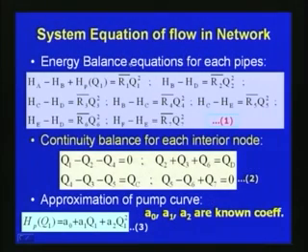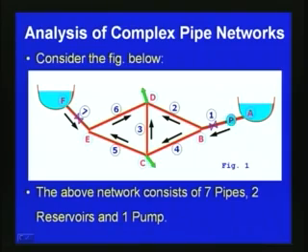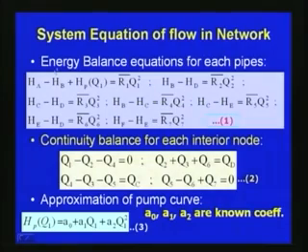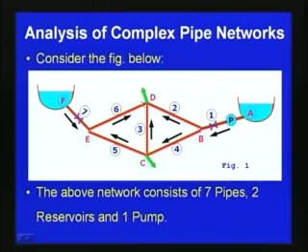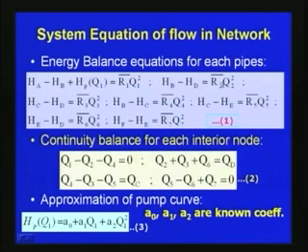Now, for each junction or each node, and for each pipe, we can write the energy balance equations. If we consider A and B, between A to B we can write HA minus HB plus HP of Q1 is equal to R1 bar Q1 square. So, that is the energy balance equation between A and B. Similarly between B and D, we can write HB minus HD is equal to R2 bar Q2 square, and similarly between C and D, HC minus HD is equal to R3 bar Q3 square,